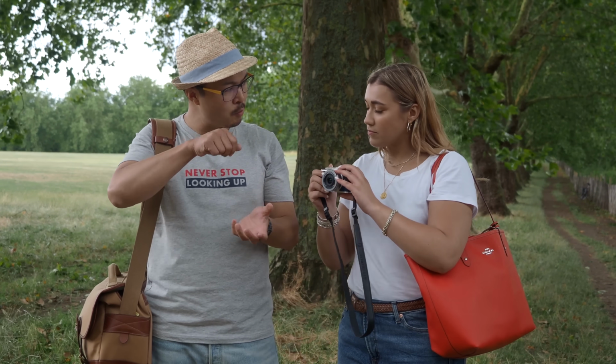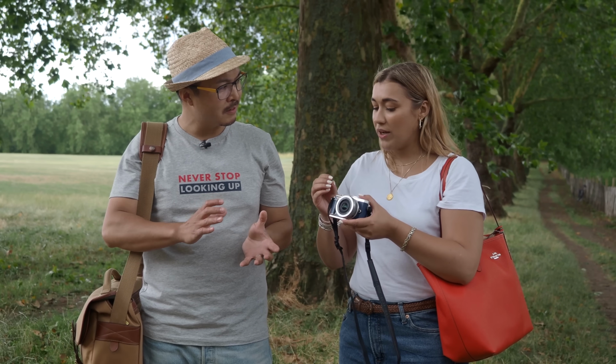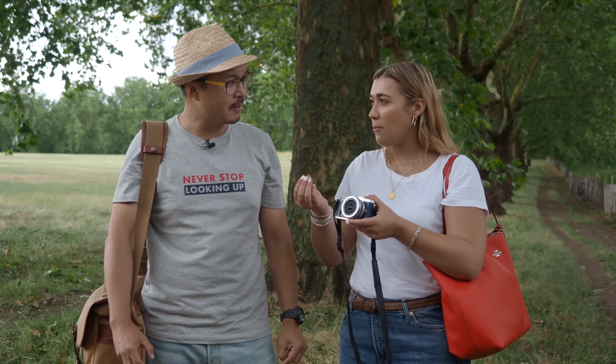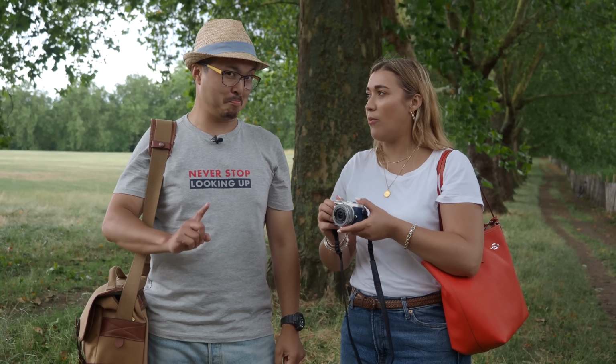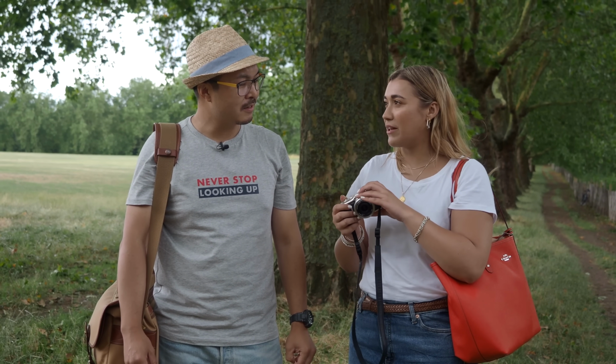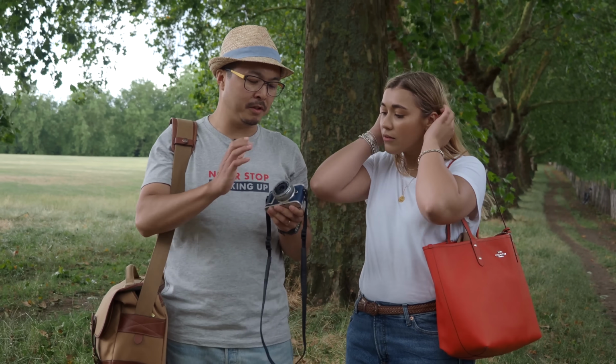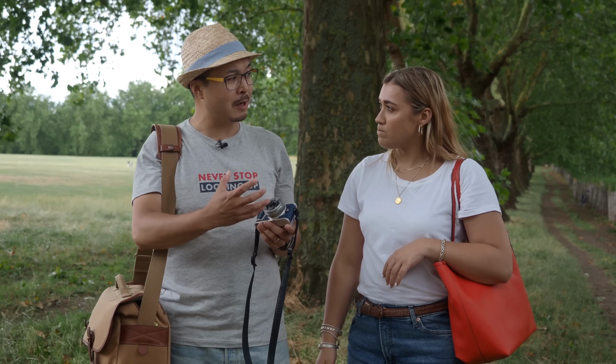How about weight? Do you think it's okay or a bit heavy? It has a weight to it, which I think shows its quality, but it's definitely not something that I would be like, oh wow, I don't want to carry this around because it's too heavy. If it was too light, I'd feel like I'm going to break it or something. Well, this is an interchangeable camera,